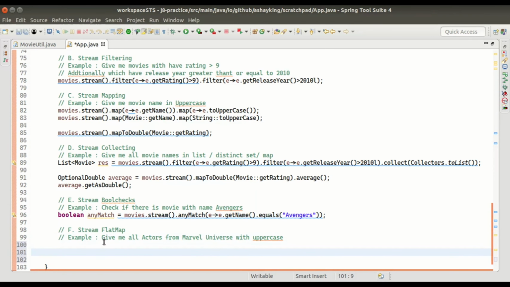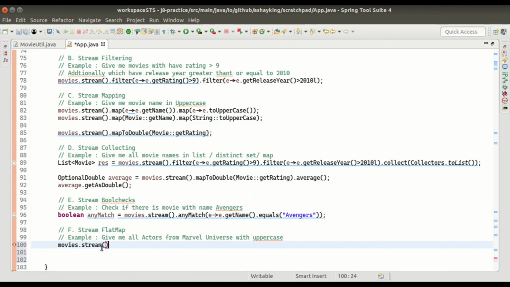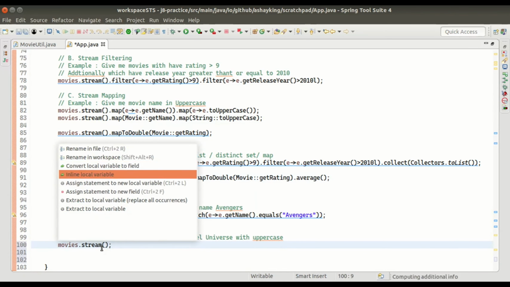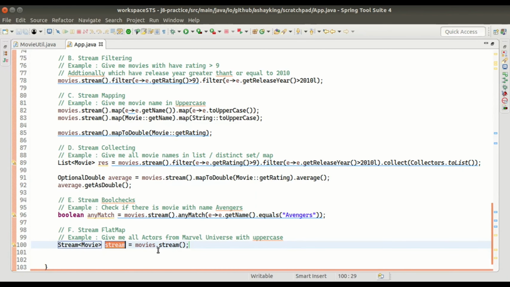What we wanted to do here was get all actor names in uppercase. So we have a movie stream, and if I assign it to a variable, it is a stream of movie.